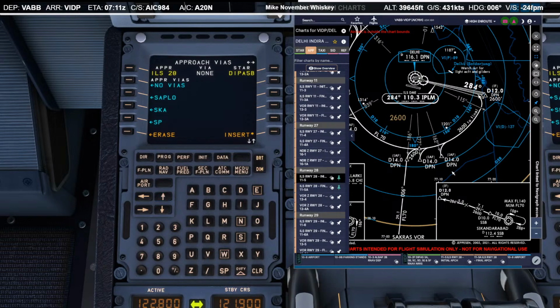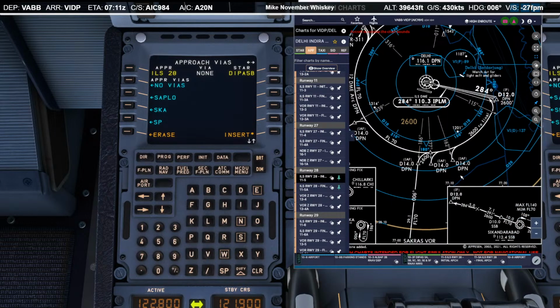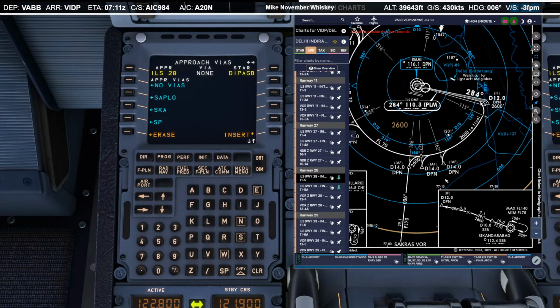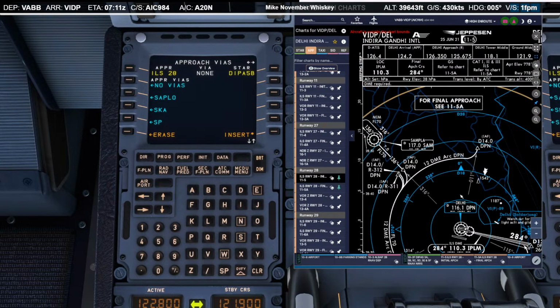I guess it's asking which VOR, if any. Do we need to fly the DME arc? I'd really rather not.